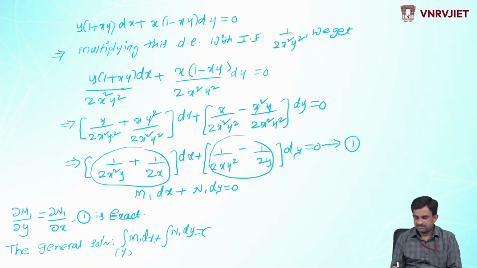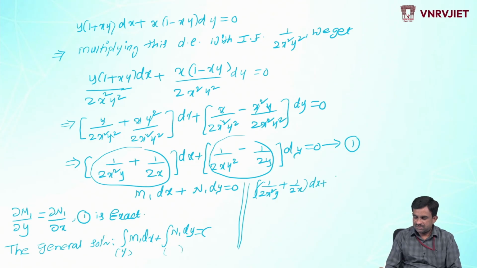Here y is constant, and we need to take the terms free from x. Now coming to integration of M1, what is our M1 here? It is (1 by 2x square y plus 1 by 2x) dx plus,